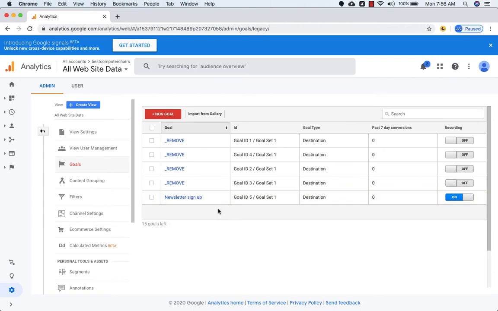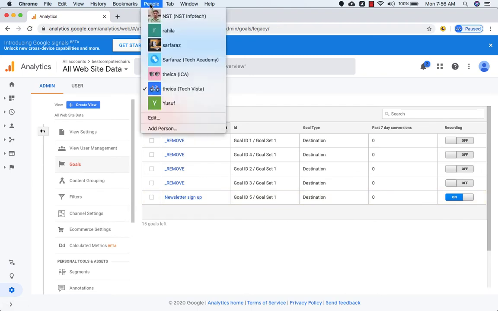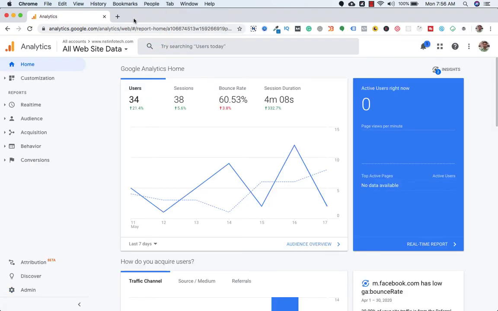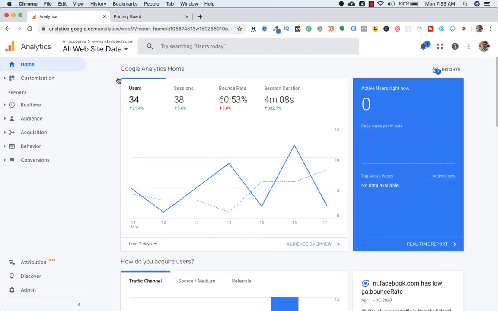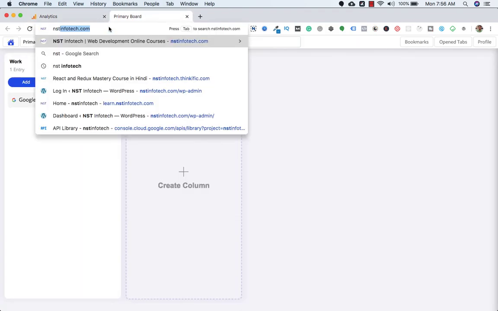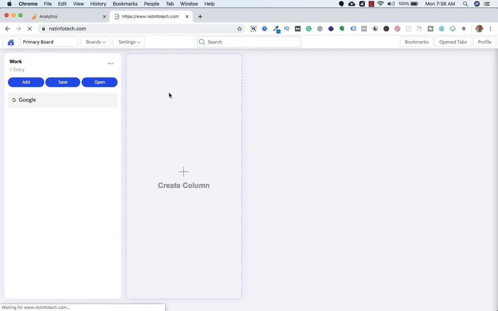I'll show you a real example where I've created a goal for my website. Okay, so let's go to another Google Analytics account. This is another Google Analytics account for my website, nstinfotech.com. So here, if I go on nstinfotech.com,